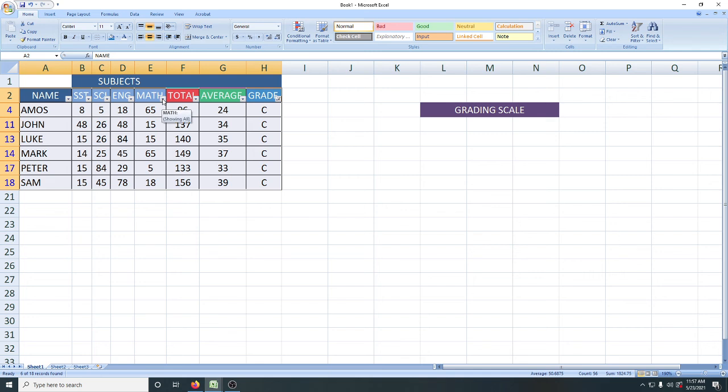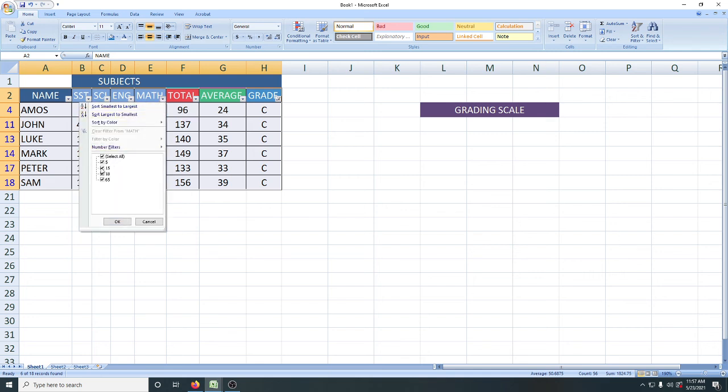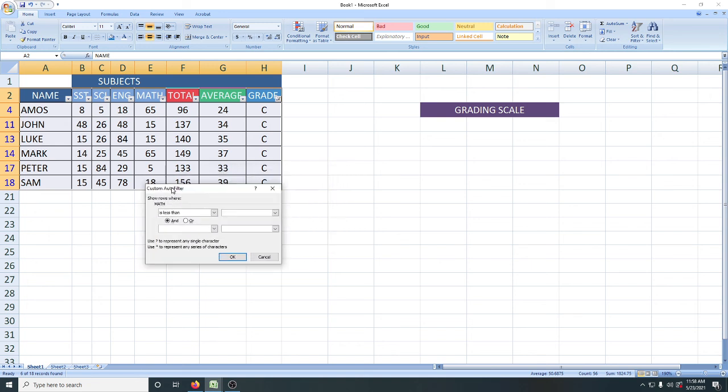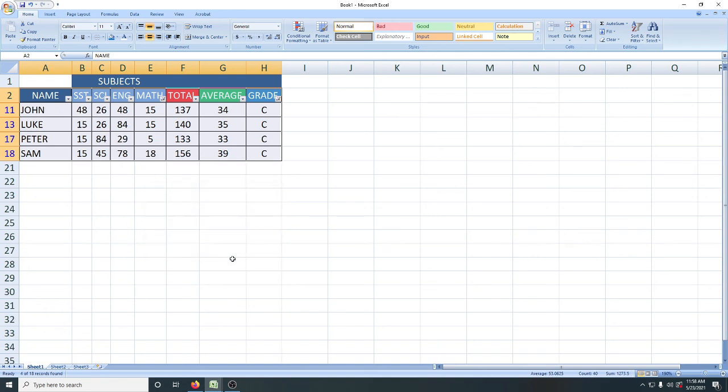So we shall go to math. We're not interested in this anymore. Okay, we are interested in number filter. We want to select less than. Okay, we want to select is less than what? We want to select is less than a 50. So enter 50 there and click. So Mark has disappeared and we have the C's are still there, but we have the people who have scored